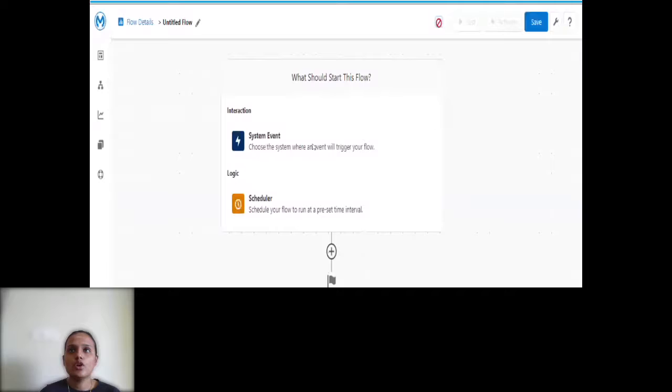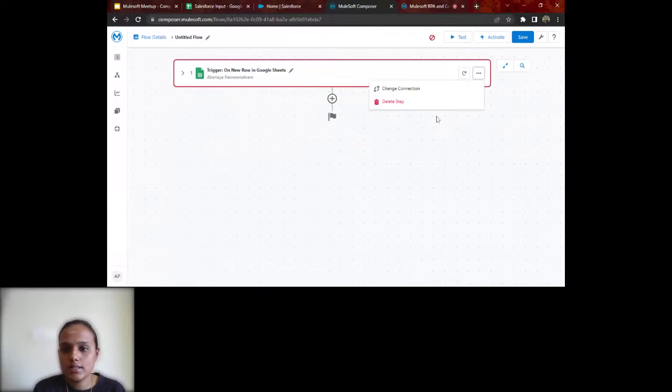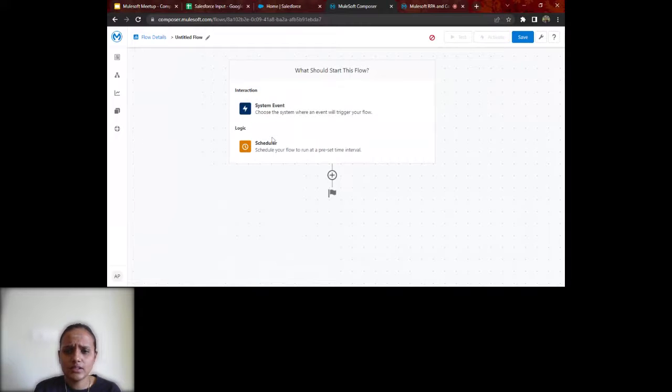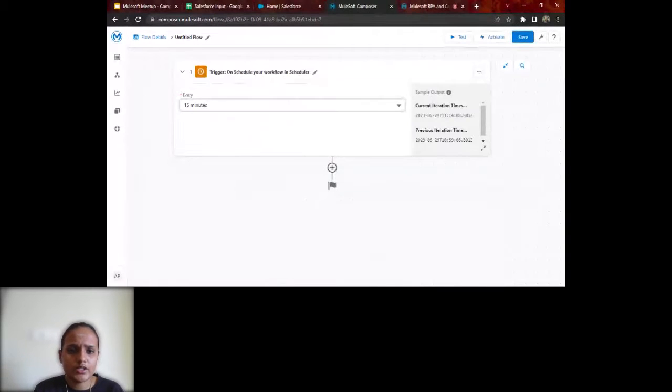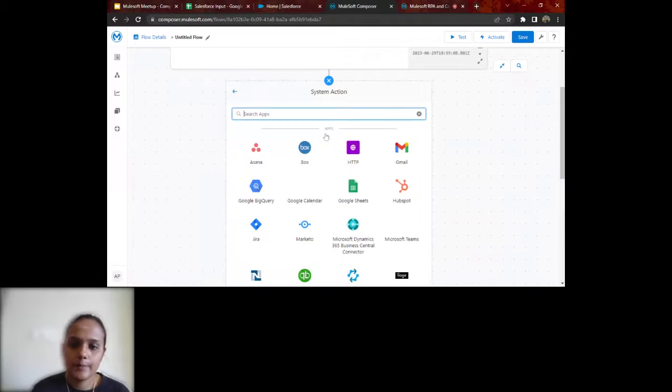In case you finalized your trigger, for example, let's take it's going to be a scheduler. Every 15 minutes, you're going to do something. Trigger the flow. So what does the next step have to be? What does the action step have to be? So for that option here, I'll just start with the scheduler here. I'm just going to keep it 15 minutes, the minimum. And this next step is going to be the action step. So now you want to trigger